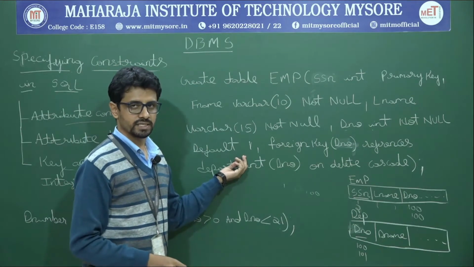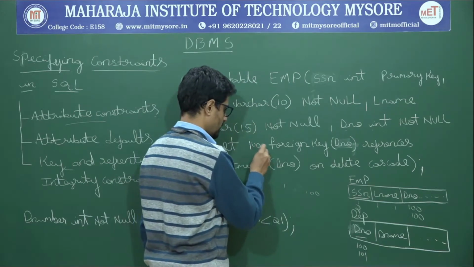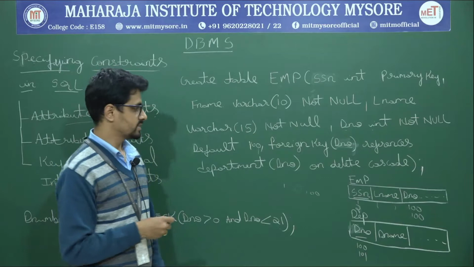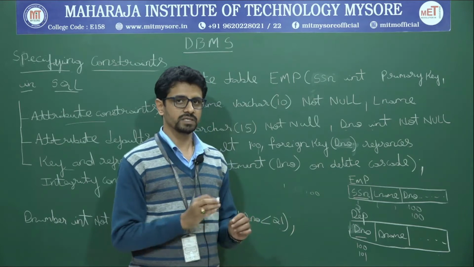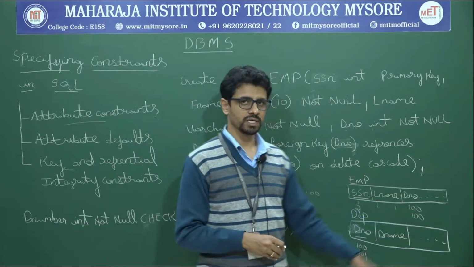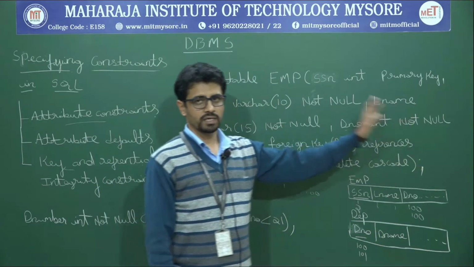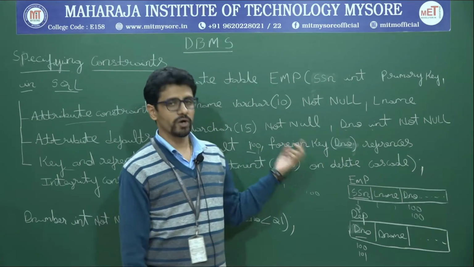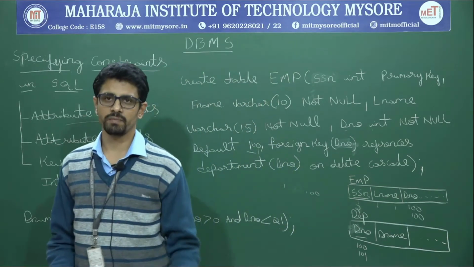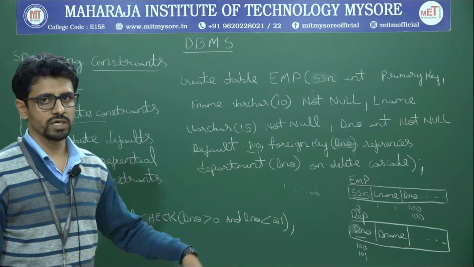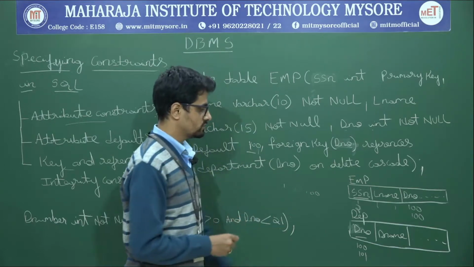What it says is, let me take it as 100. If, while inserting values into the table called employee, you have missed the value of department number, it will fill in the default value 100. So it is saying not null, but default is there. In the previous case, only not null was there, so you needed to insert some value, but in this case, without any information to you, it will insert 100 by default as the value which you have not entered during the insert command. Okay, that we will discuss next. So 100 is the default value which will be placed here.